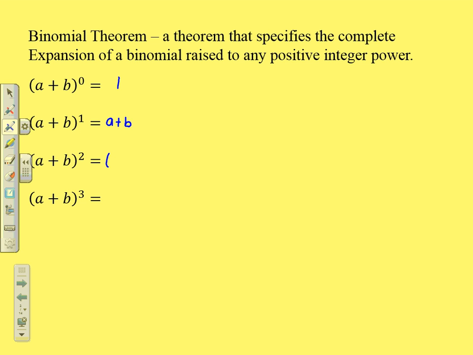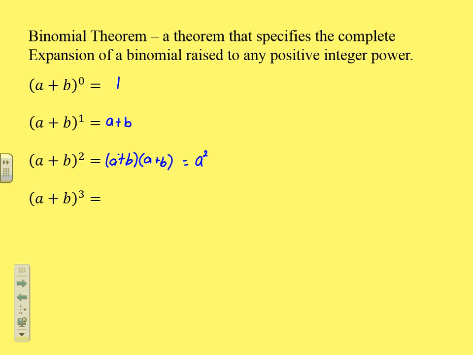So a plus b squared is the same thing as a plus b times a plus b, which your Algebra 1 teachers probably taught you with the acronym FOIL: first, outer, inner, last. But what we've seen in college algebra is that all we're doing is distributing the first binomial into the second. So a times a and a times b gives me a squared plus